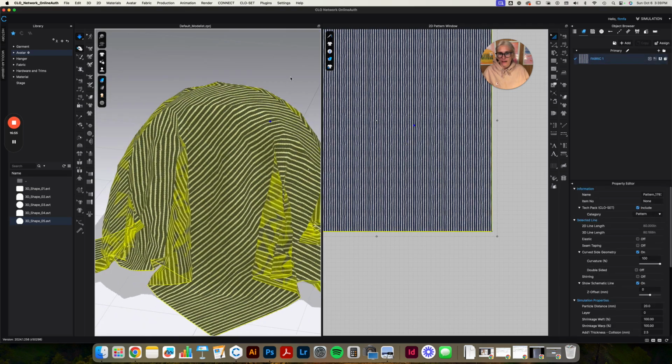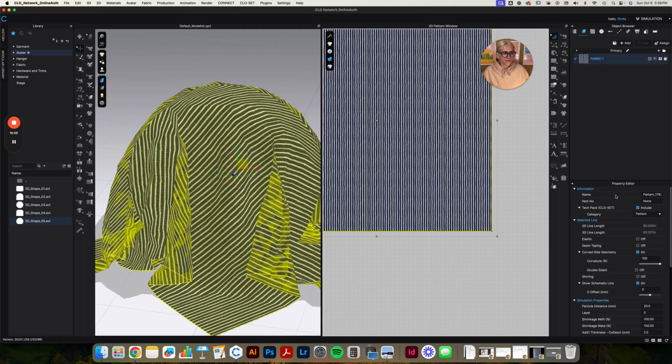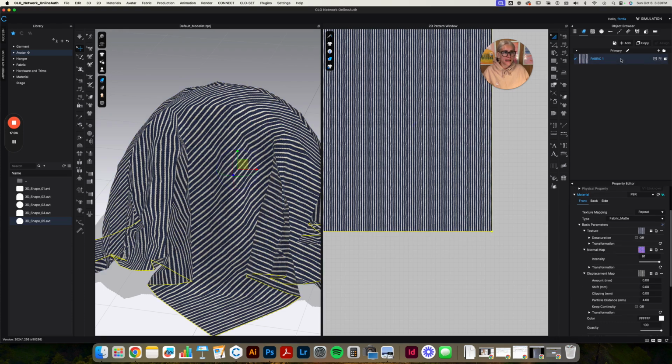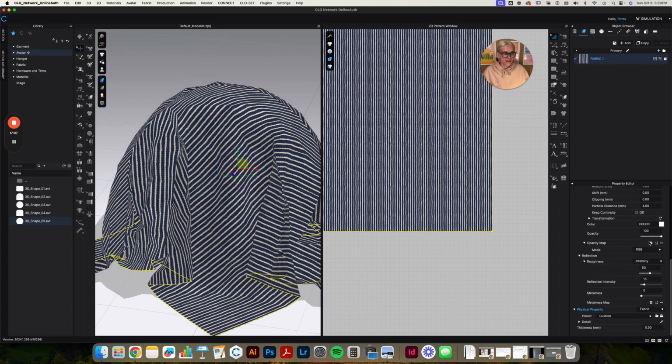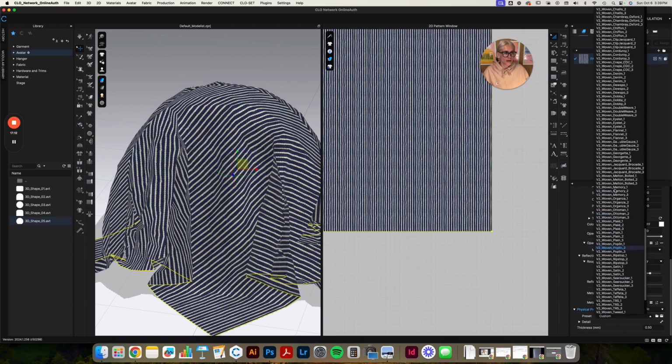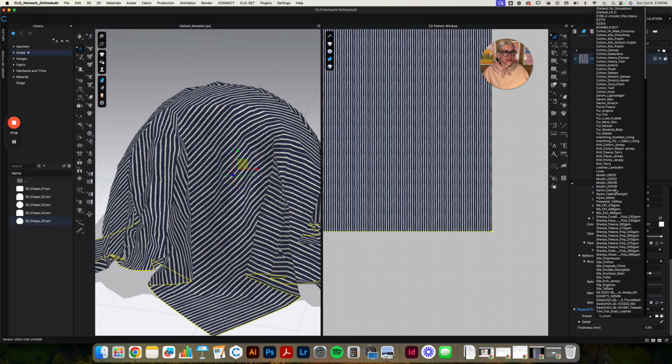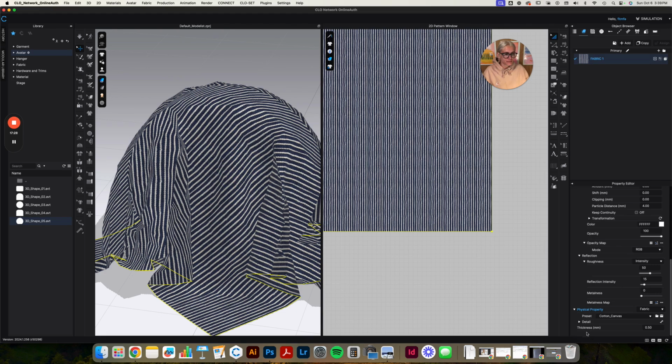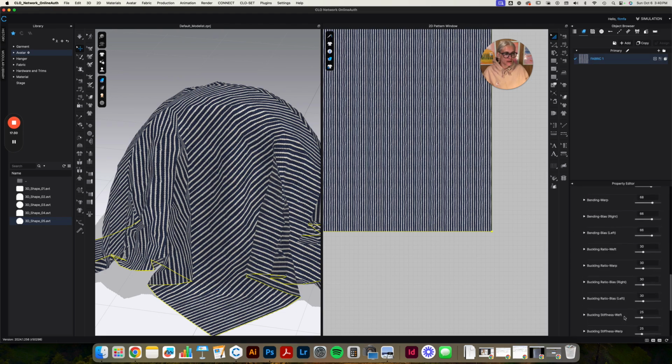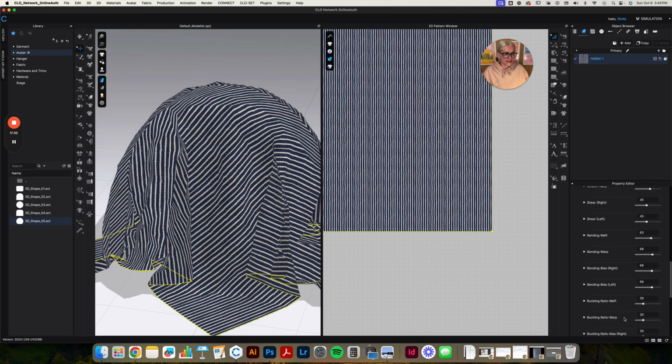All right, so definitely looks like fabric. There's still a lot of things that we want to change about this. First off, we want to make this look and act like a woven. So if we go down here under property editor to physical property, remember we have all these presets of different types of fabric we can select from. So I know I want to be selecting a cotton canvas kind of fabric, but I don't know exactly which one. If I come in here, there's all of these things that we can still adjust,